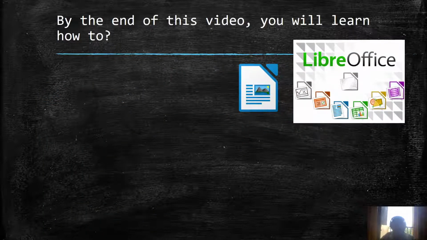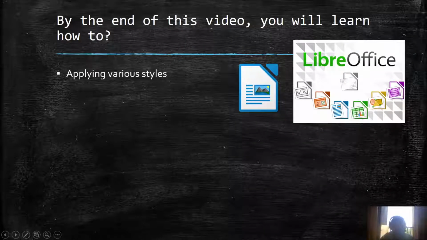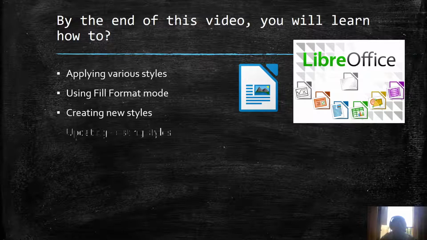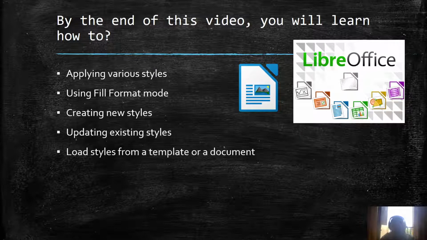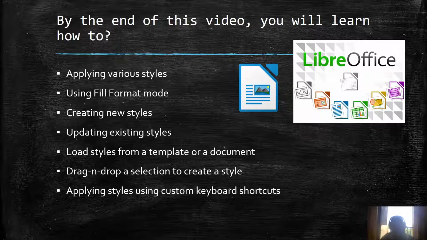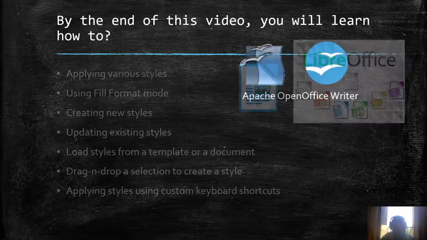By the end of this video, you will be able to learn how to apply various styles using fill format mode, creating new styles, updating existing styles, loading styles, drag and drop selection to create a new style, and using custom made keyboard shortcuts to apply styles. We are going to see all these things in LibreOffice Writer.